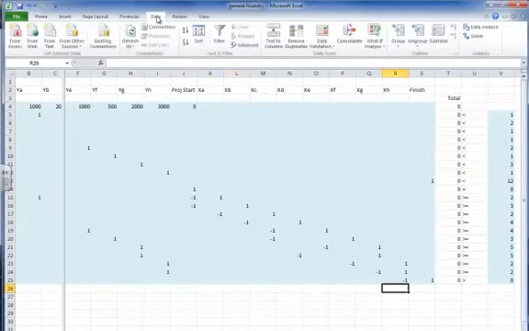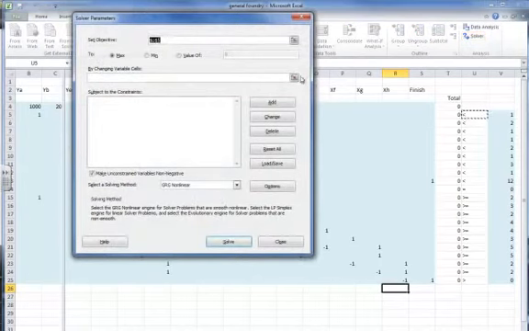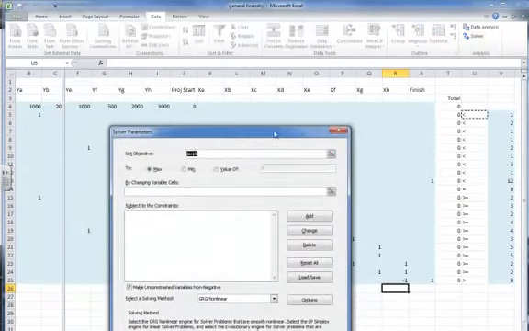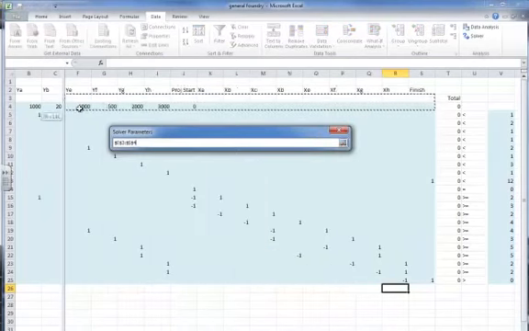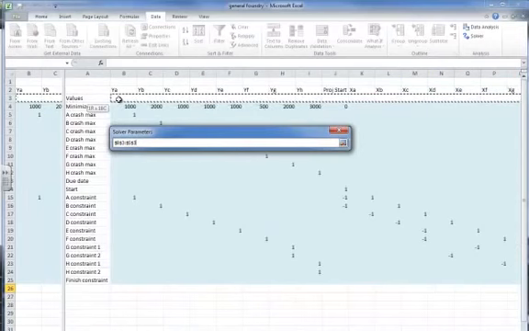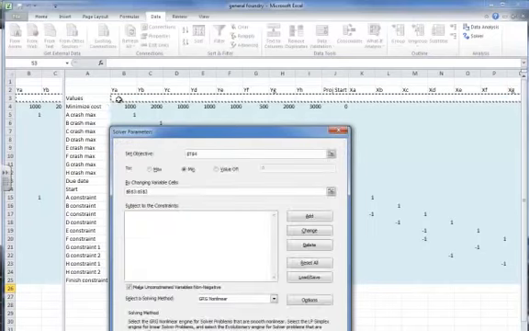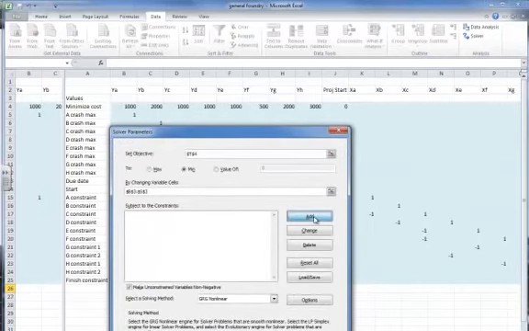So I'm going to click on Data and Solver. My objective is this first cell here. I want to select a minimum because I want to minimize my cost. By changing cells, I'm going to choose all these cells in my spreadsheet in row 3. And then my constraints